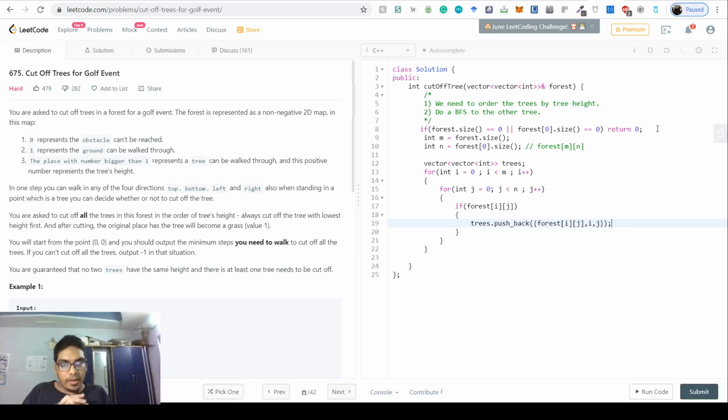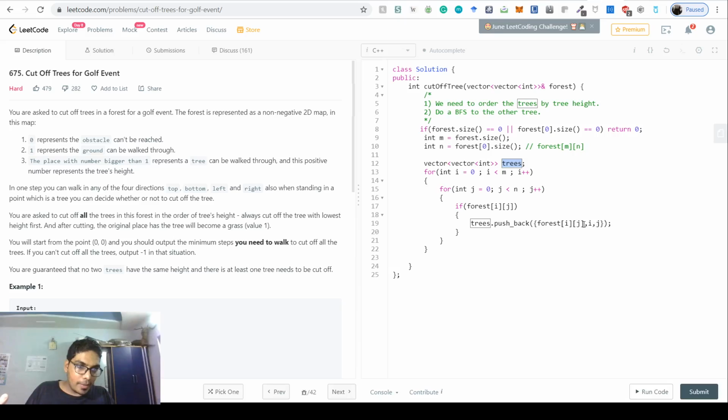The most important reason for doing this in this format is that we want to sort this vector of vectors, trees, in such a way that the smaller trees are at the beginning with their positions and the larger trees are at the end. C++ has an inbuilt function sort in the STL library, and it takes an optional boolean compare function which compares two elements. But by default, when we have a vector of vectors, it compares by the first element.